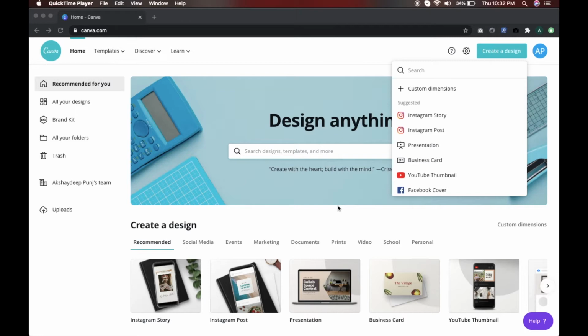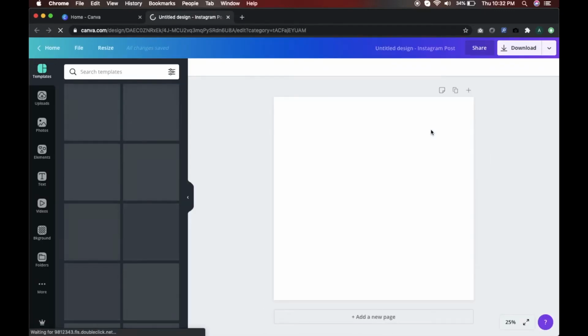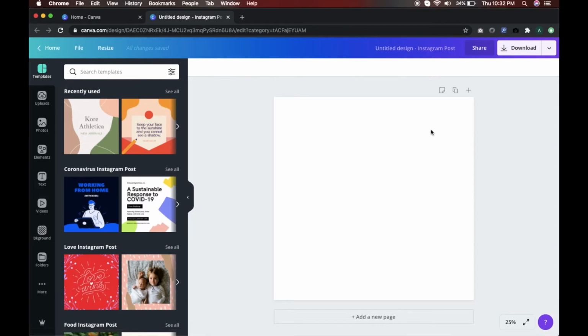And today we'll be working with text and we'll be working in all sorts of text transformations, text customization, how to use text better in Canva, how to create text shadows and a lot more.